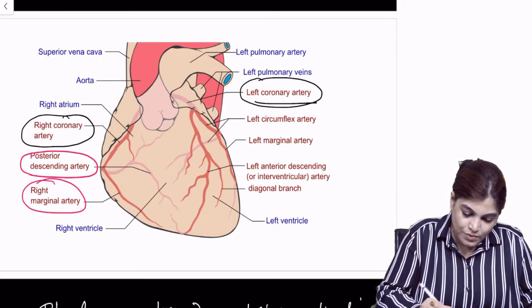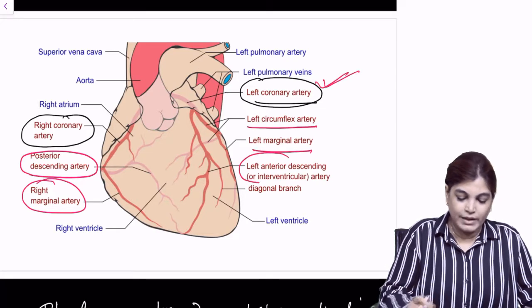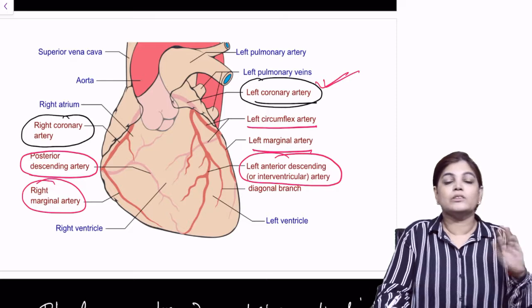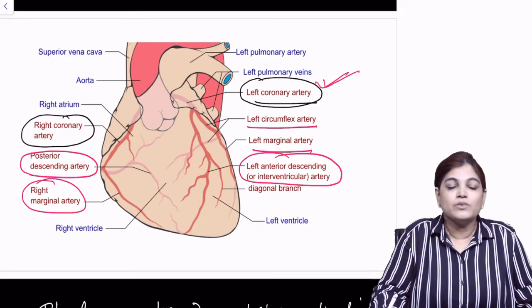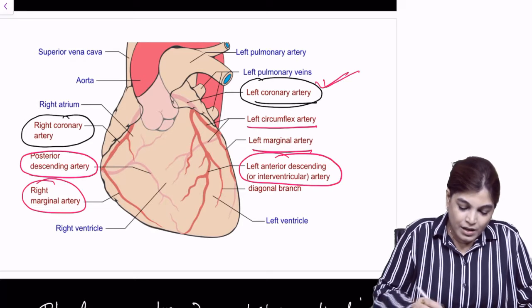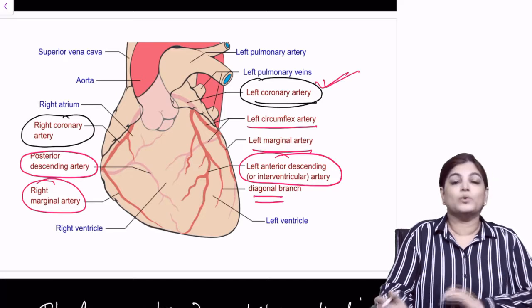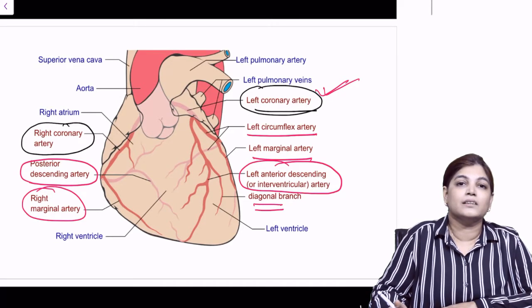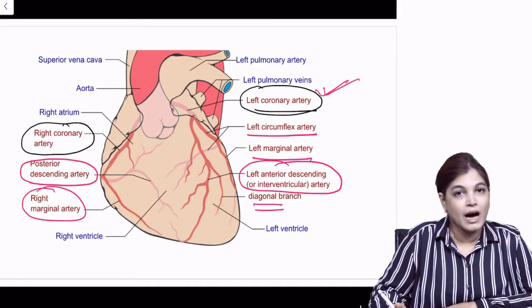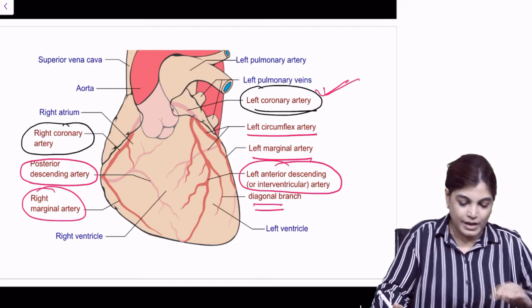When I talk about the left coronary artery, the important branches are left circumflex, left marginal and left anterior descending or interventricular artery. So on both sides we have interventricular arteries: one is a branch from the right coronary artery and the other is a branch from the left coronary artery. Other branches are the diagonal arteries. Now it is important for us to know the important branches and the area of supply, which has been asked in this MCQ. So first, I would like to enumerate the branches of the coronary artery.